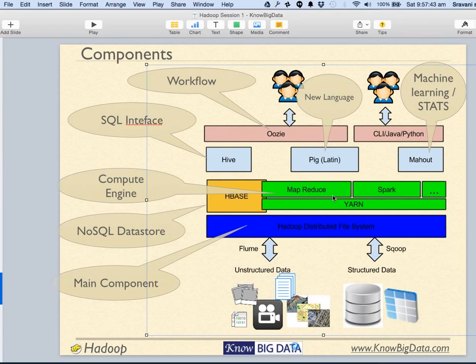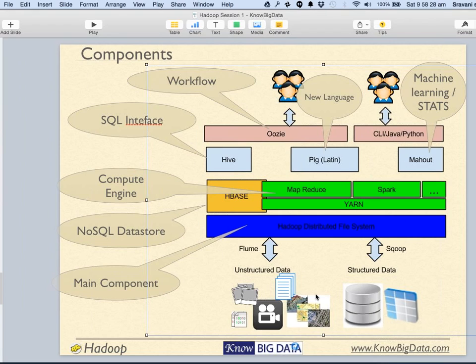Now you have Mahout. Mahout is a big library of various machine learning related functions which you can utilize and which runs on top of Hadoop. So any recommender basically runs on top of Hadoop using MapReduce, but you will just execute the library provided by Mahout. All right. If you have a big project containing multiple of these components, and also if you want to import data from MySQL or Oracle, you can utilize Sqoop, where you will copy the data from structured sources onto HBase, Hive, or HDFS.